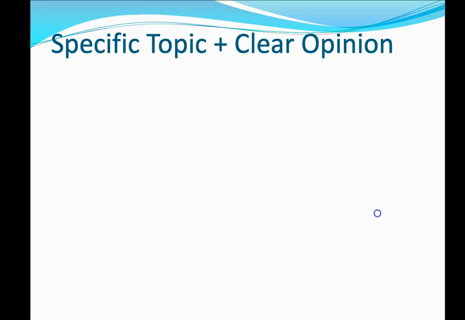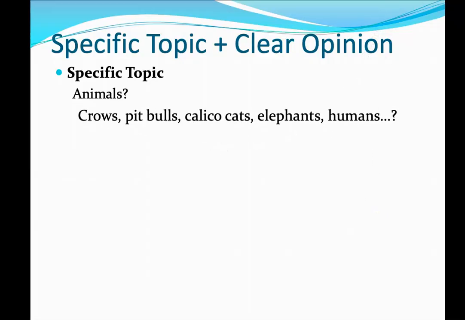So if I was going to do an example, let's say I wanted to have a specific topic, and the first thing that came to my head was animals. Animals, I mean, humans are animals. I'm currently looking for a dog. So yeah, animals comes to my head. But animals, that's a lot. There are trillions, quadrillions of animals just on this planet. So I'd want to narrow it to something a little bit more specific.